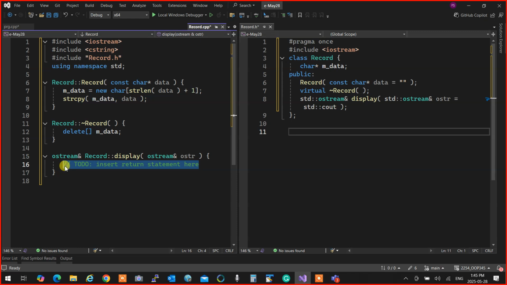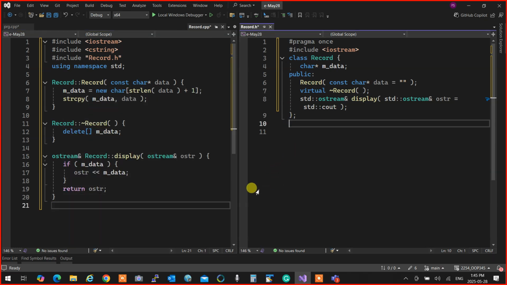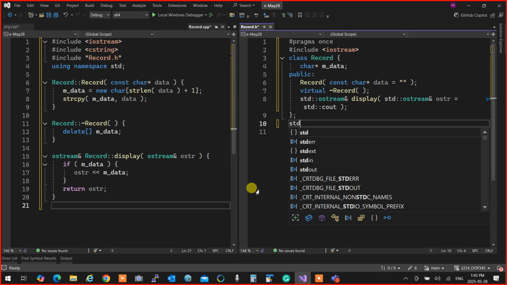And over here, I'm going to simply say if data, cout and that, oh sorry, OSTR and data, and return OSTR. Again, standard stuff, and to make this thing printable with cout so I don't have to type stuff over and over, I'll create an